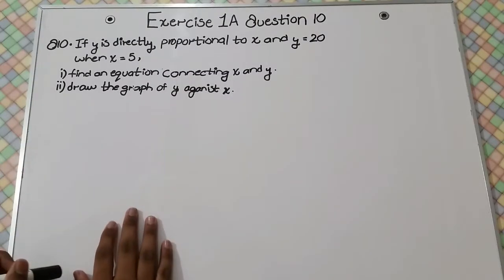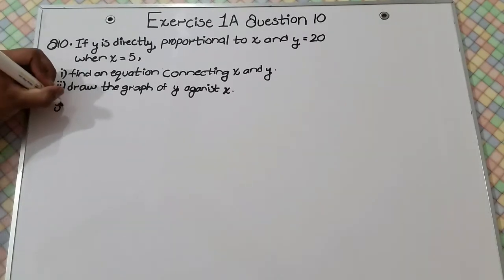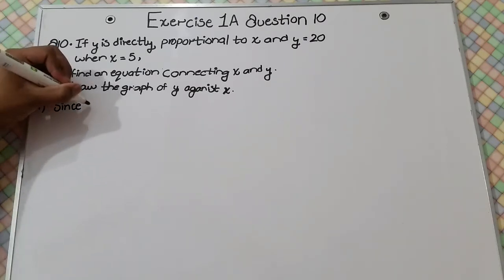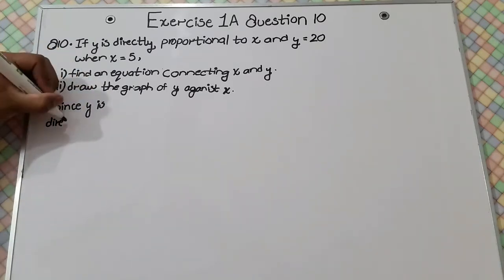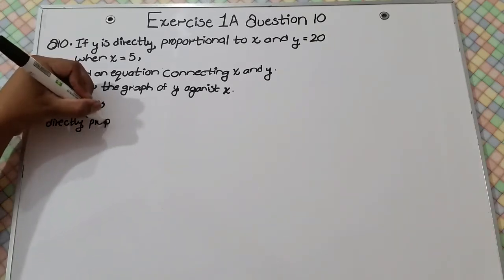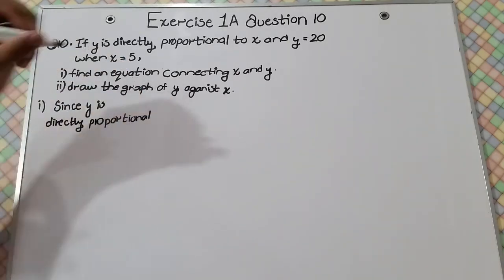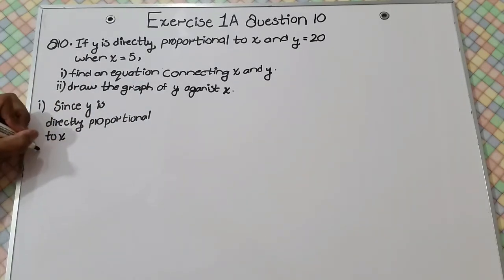So let's start the question. Over here we are first going to solve part 1, that is, find an equation connecting x and y. So I'm going to write, since y is directly proportional to x, that means